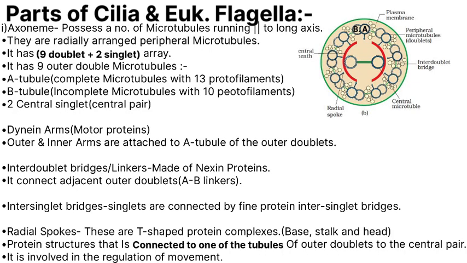So first we have the most important part, which is the axoneme or the filament with the 9+2 arrangement in it. Let's break down this arrangement in an easier way. The axoneme is the central feature of the eukaryotic flagella, consisting of microtubules, where the microtubules run parallel to their long axial filament. They have a radial arrangement peripheral to the microtubules with the 9+2 arrangement. It means it has 9 outer doublets of microtubules on its periphery and 2 central singlet microtubules in its central pair. You can clearly see in the diagram.